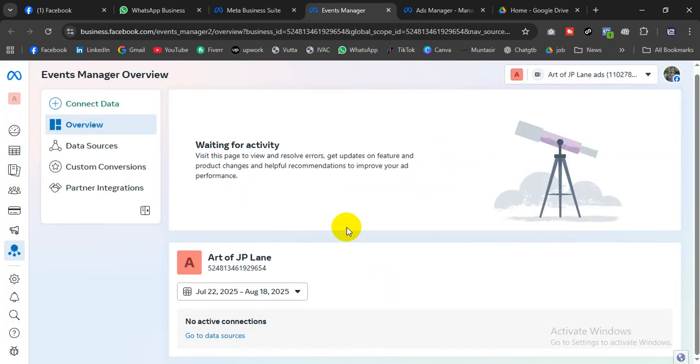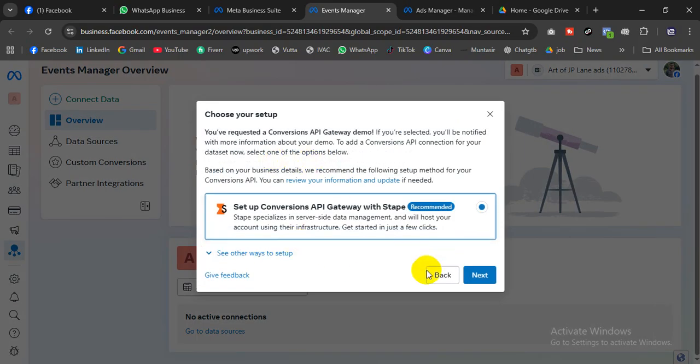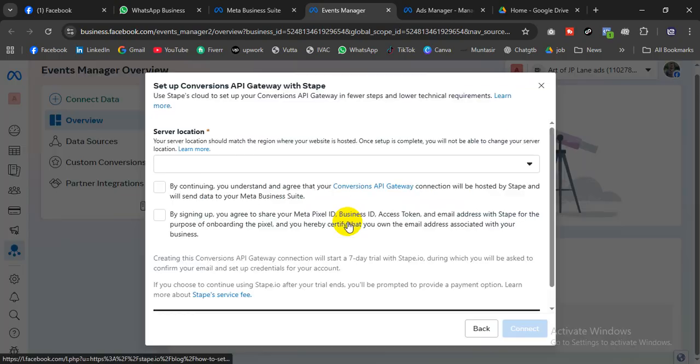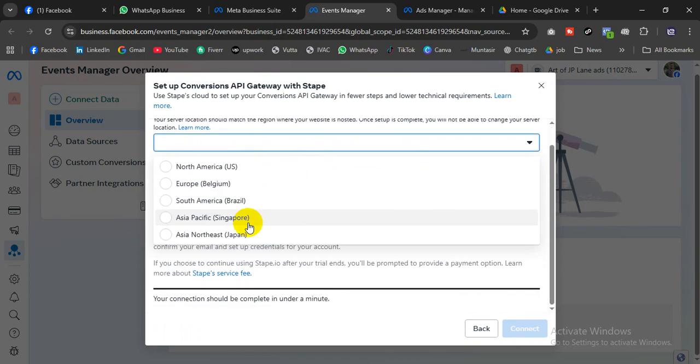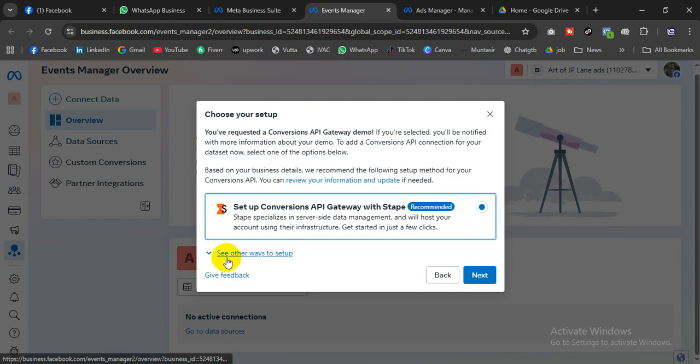Let me check. The object here is the conversion. Okay, next, server location. No, I will not take this one.